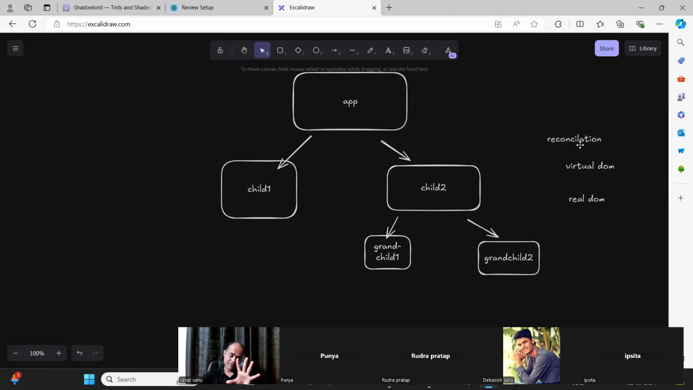This is in React. In Angular, there are two different ways. In Angular, there is something called Zone.js. That Zone.js,